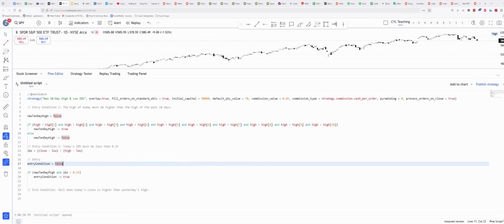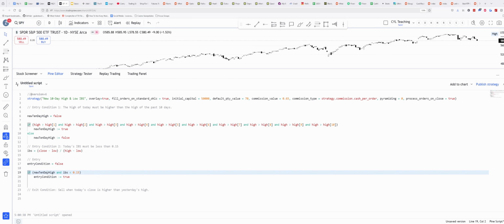This might be a little confusing, but it's saying if new 10-day high is true and the IBS calculation, which always evaluates to some kind of number, is less than 0.15,